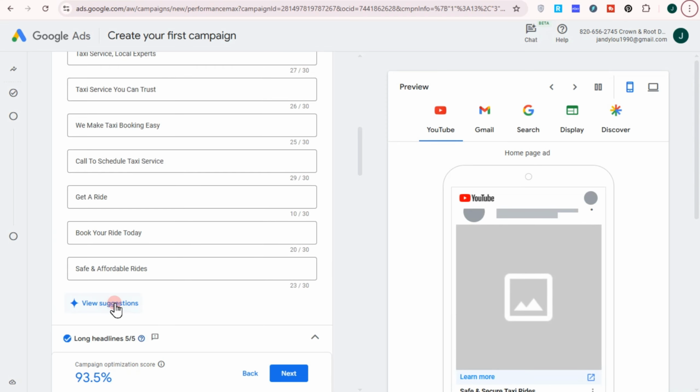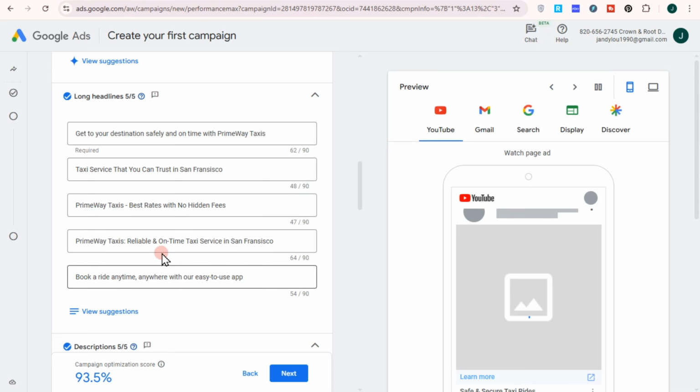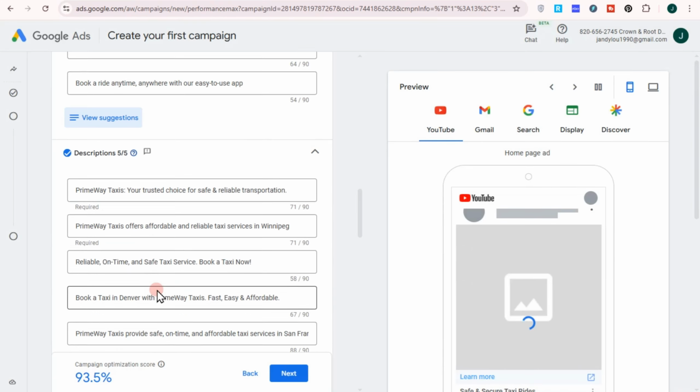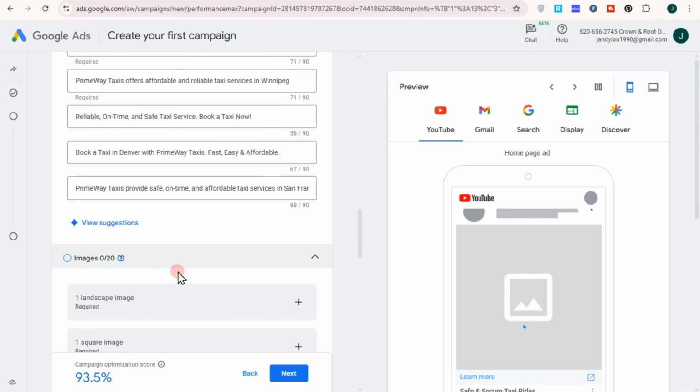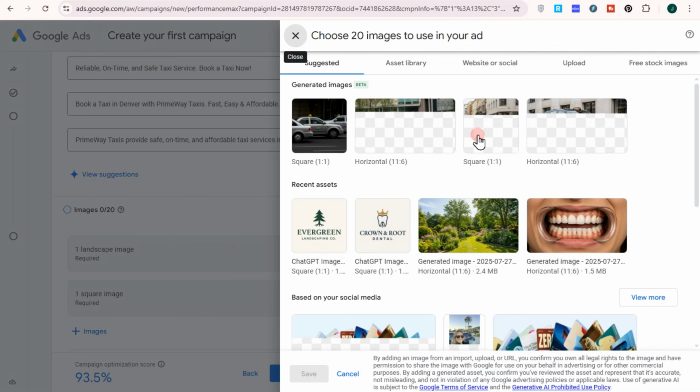So you can just add short headlines right here related to your taxi services, opposite to the long headline. Usually these are the headlines that they can see if the client or customer uses a desktop or laptop. So you can add long headlines right here, of course with limited words. You can also look for word suggestions, and then here you can add more information like sites, if you have,